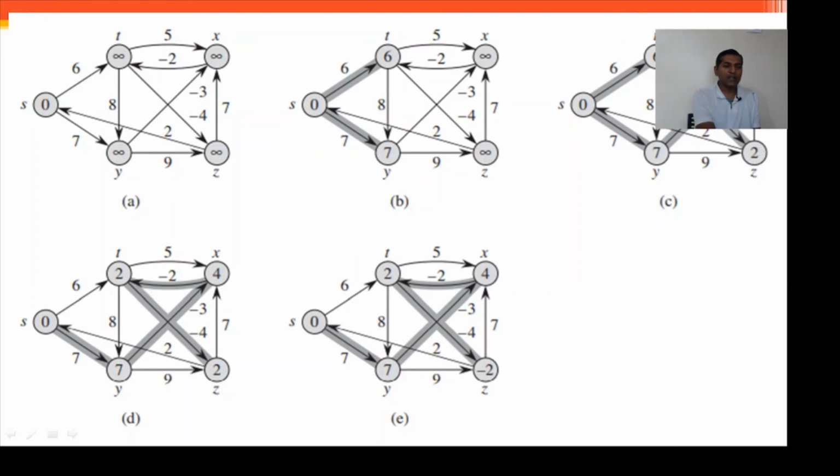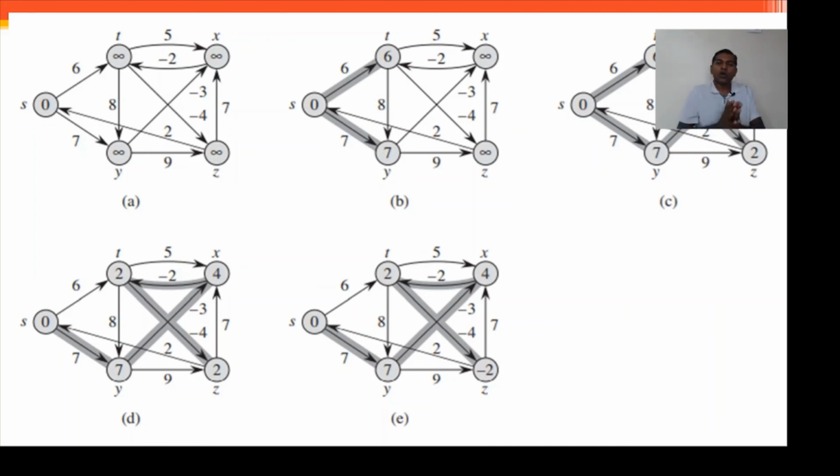So this is done here. After that we relax the remaining edges. x to t is relaxed with 4 minus 2, that is 2. 2 is better than 6, so this has been replaced with 2. Then we keep doing this procedure. Since we have 5 vertices, this is 4 times. If we keep relaxing all the edges n minus 1 times, where n is the number of vertices, we'll get the final optimum output.